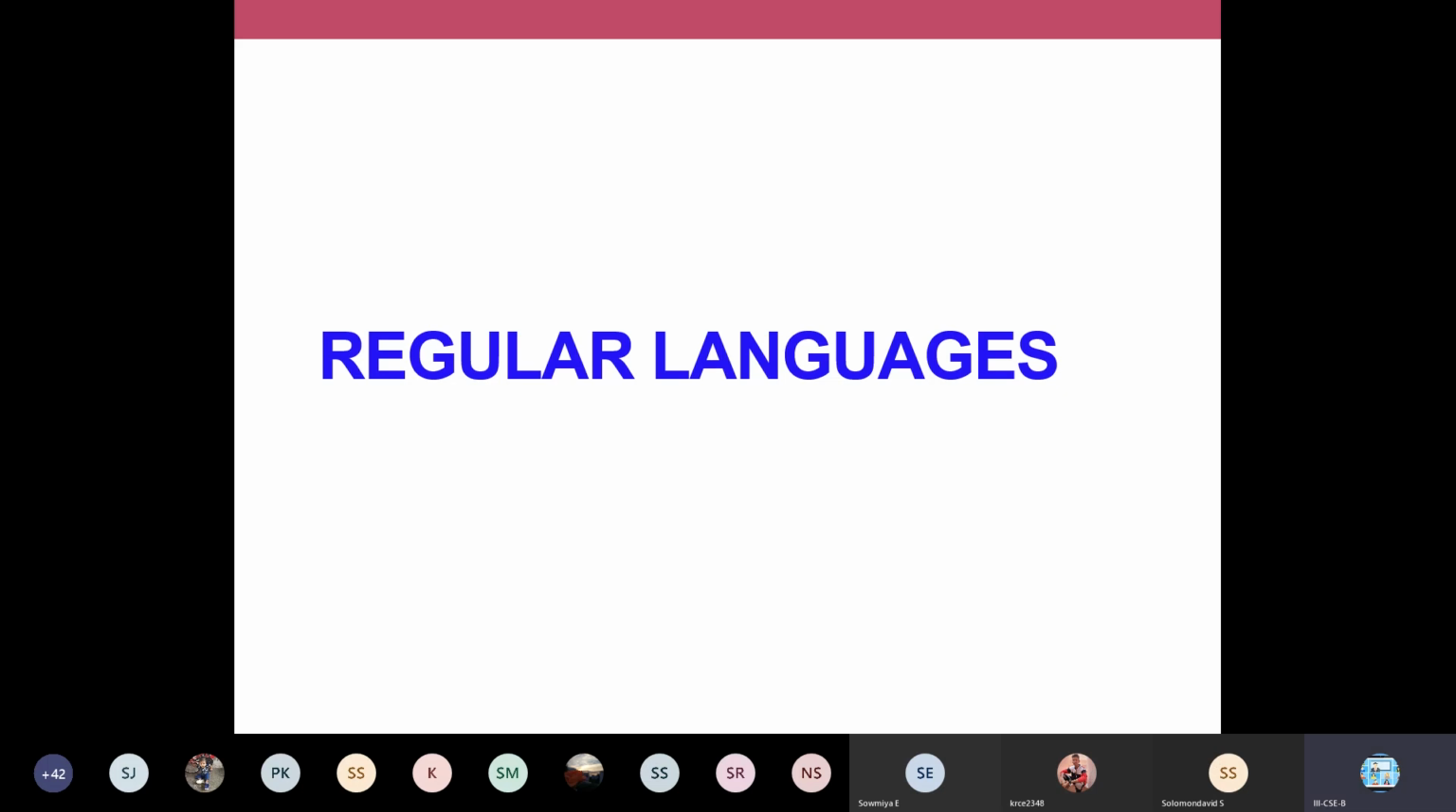Now I want to give you one input: there are even certain languages for which we cannot construct an automata. For certain languages we won't be able to construct automata at all. So those languages come under a category called not regular. Whatever we have seen earlier are all regular languages,